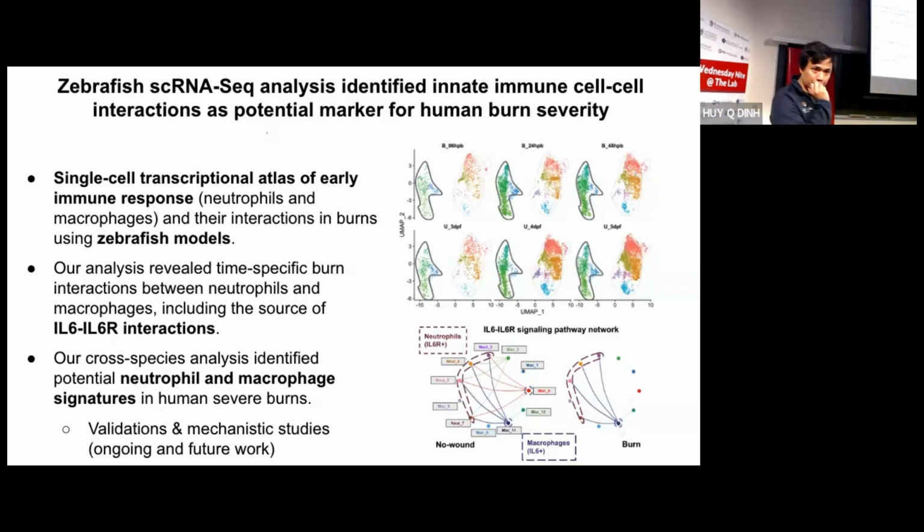Yes. When they took the blood from the human burn patients, where did they take it from? You were able to get blood, you were able to work with samples? That is from public data. The blood samples weren't from us. It's just a normal blood draw. Okay, it's not tissue, it's not from the burn, nothing like that. Those people did experience burns, and then the blood was just taken from them. Yep. Okay, I see. That is one of the gaps in the field, and I'm going to tell you about some of the future work we do. We're trying to get samples from the burn as well and link them with the blood, because that is what's missing in the field. Any other questions?